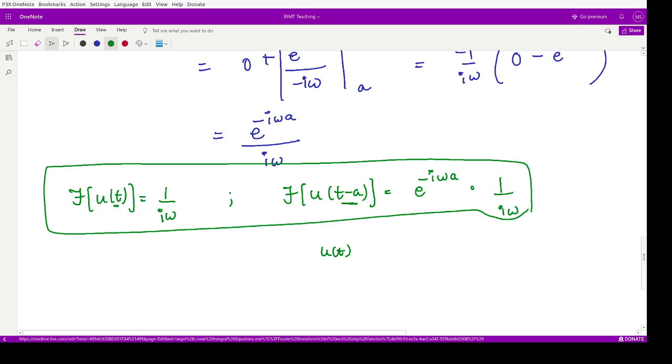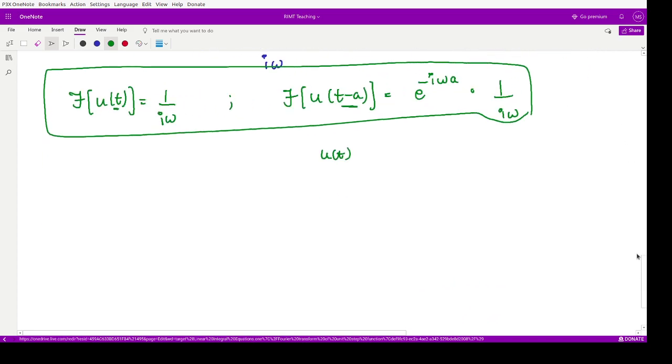So we also have certain important results which you may try. The first result is that the Fourier transform of some function e to the power minus alpha t u naught t, where u naught t represents that we are breaking this function, the step, at the point t equal to 0. So this is another notation to represent this function. This is equivalent to 1 upon alpha plus iota omega. This is one formula that you should remember.